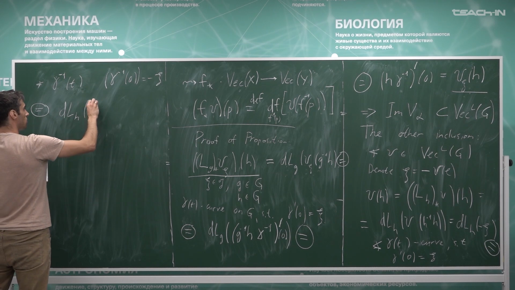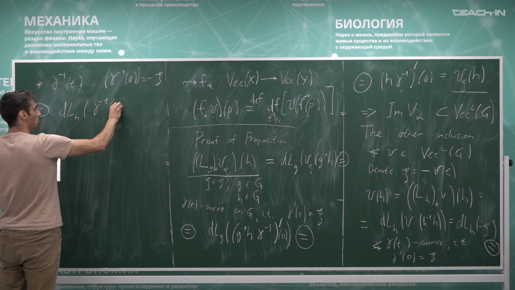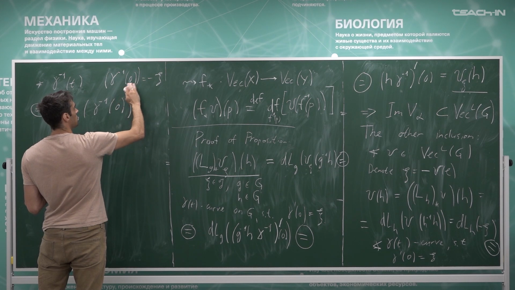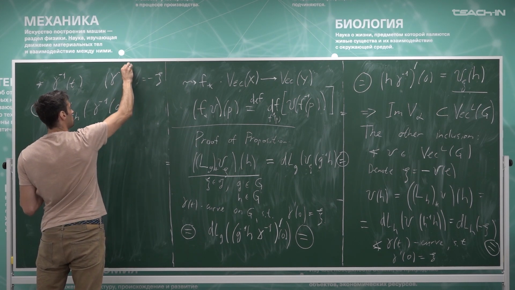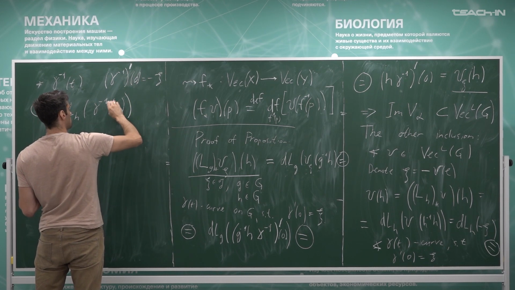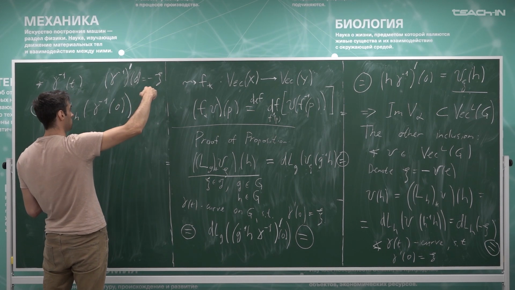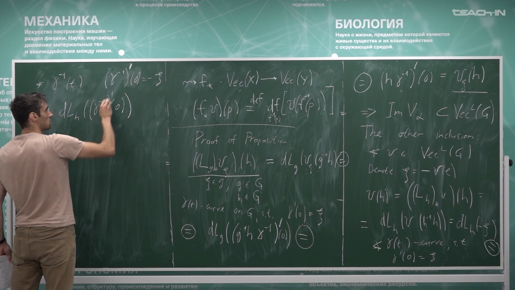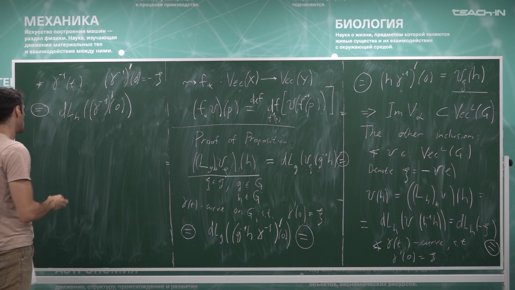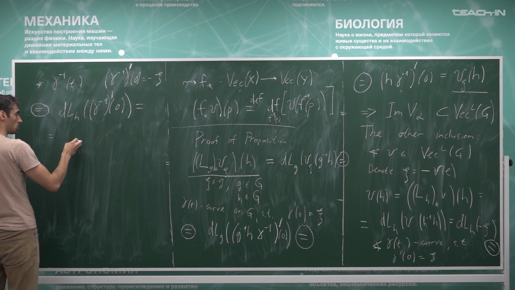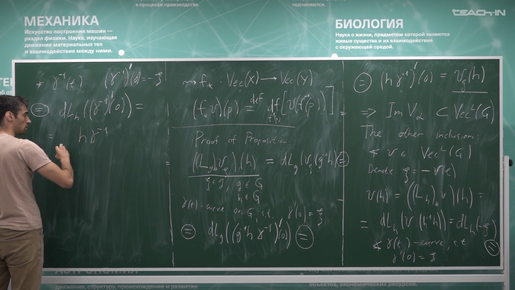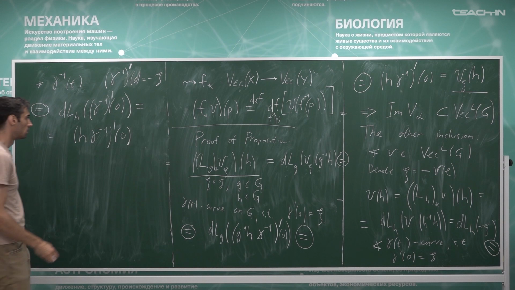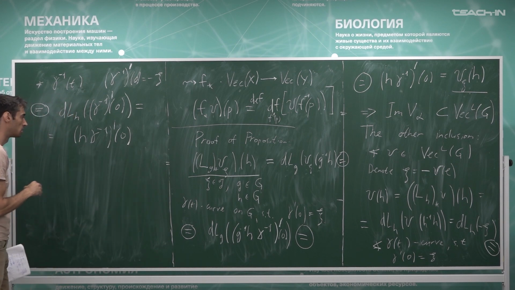DLH of gamma inverse of 0. Well, just to make it all coherent, it should be like this, right? So I take the gamma inverse curve and take the tangent vector corresponding to this curve. So like this. Then the definition of the differential: I need to multiply this from the left and take the derivative at 0 of the resulting curve. But this is exactly,